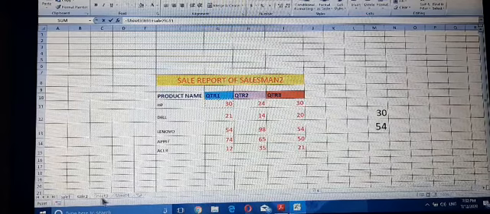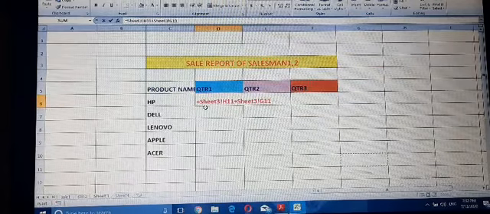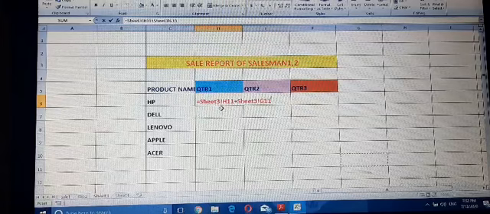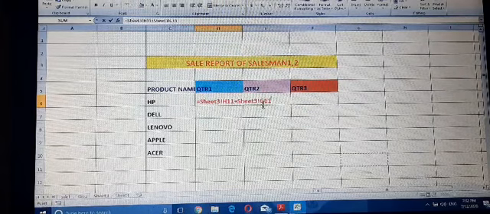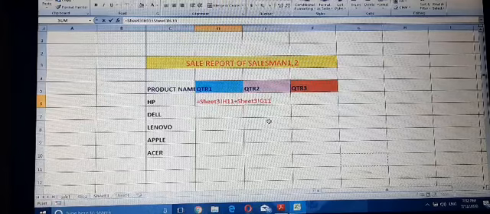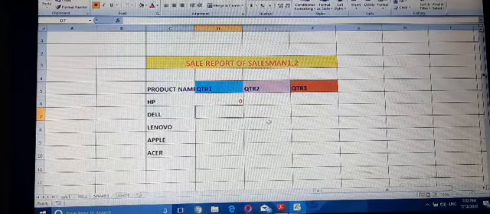Look at Sheet 3: equal to Sheet 3 exclamation mark H11 plus Sheet 3 exclamation mark G11, then press the enter key.